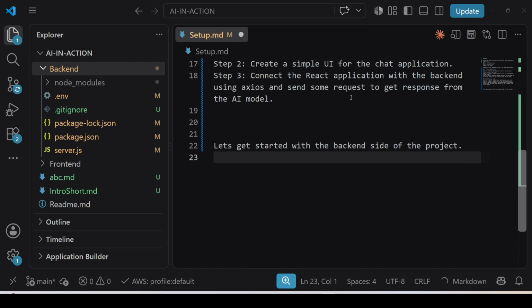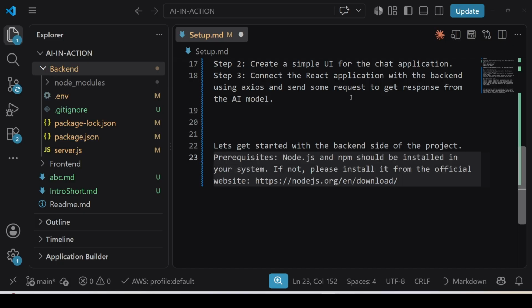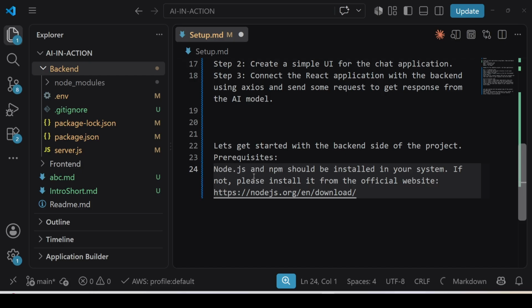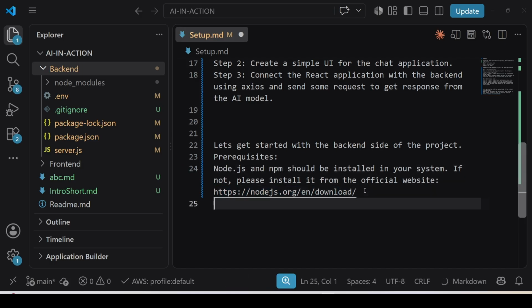Some important things, or prerequisites. First, Node.js and npm should be installed on your system. If not, please install it from the official website here. This is the first. Once you install Node.js,